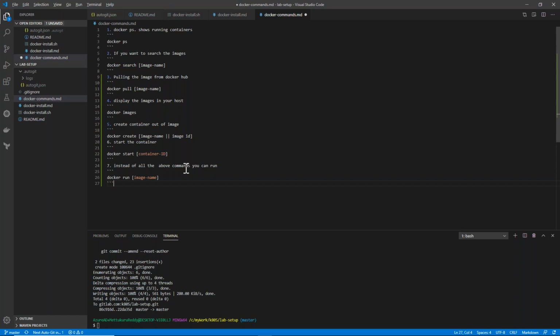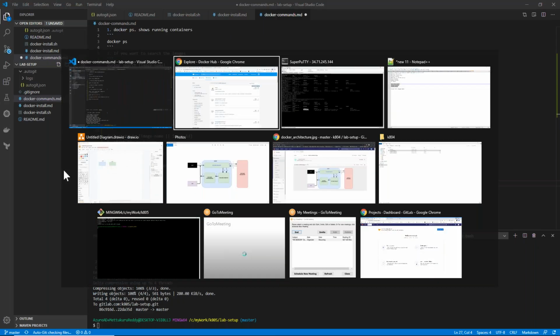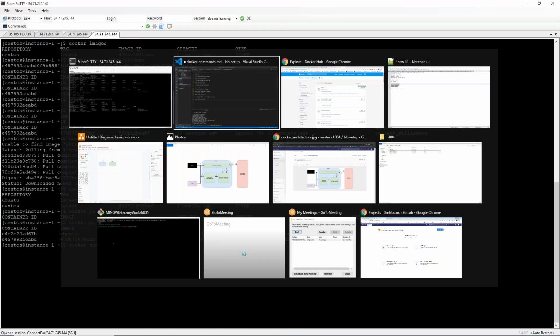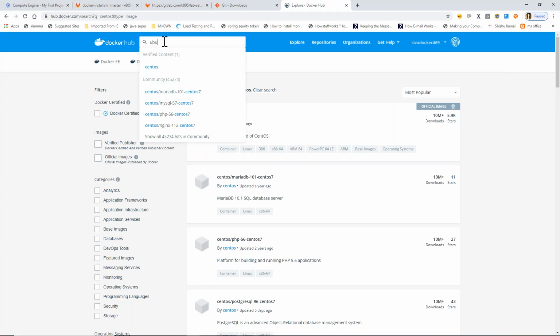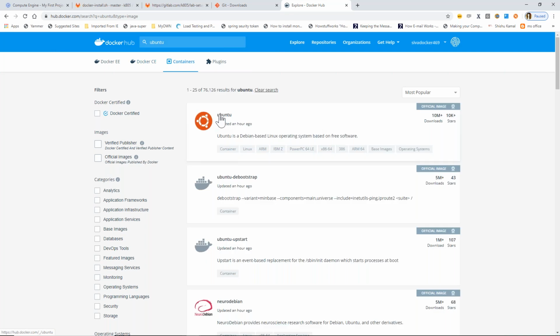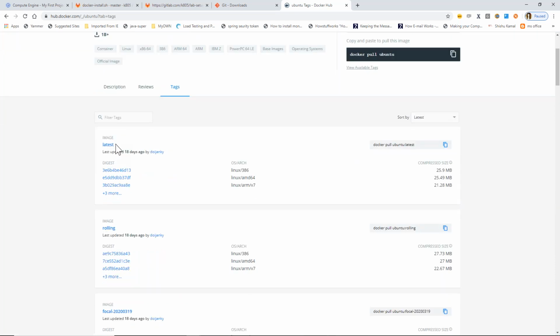Okay. So I want to tell you one more point here. If you run Docker run, for example, Ubuntu, what version will it pull? For example, search Ubuntu here. Click on Ubuntu. Go to the tags. So it will always pull the latest version.